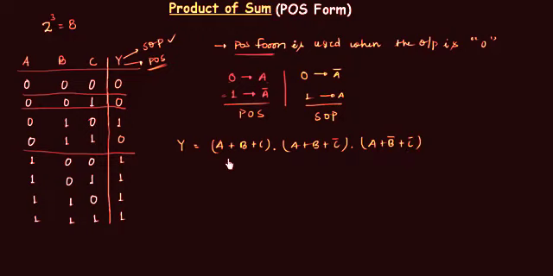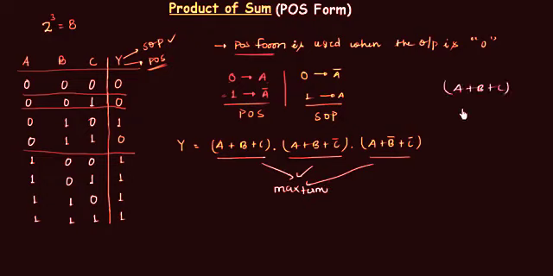Now these three we will call the max term, and in case of SOP form we had the min term. We just call them max term or min term because of their size. If you write A or B or C, and if you write A and B and C, you can see their size. This is looking maximum because of its size, and this is looking minimum because of its size. That's why we call this the max term, and this one the min term. There is no special reason for this. The functionality of the function Y will never change. If you want to represent it in POS form or in SOP form, it will yield the certain output depending upon the input. And this POS form written here, I have obtained from the SOP form itself.